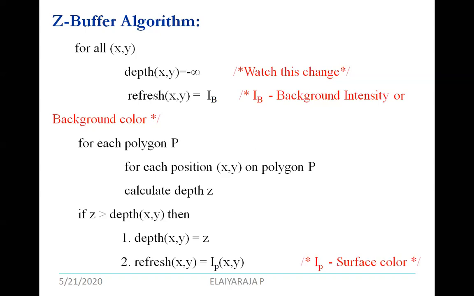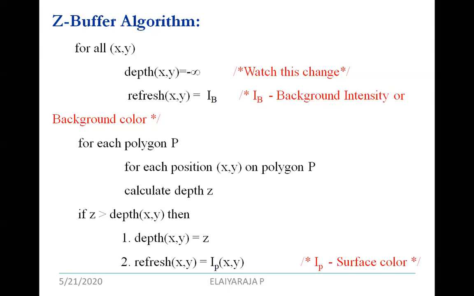Initially, when you run the algorithm, you don't know your y max value on your projection plane, which means with respect to the Z-buffer algorithm, you don't know the maximum limit the pixel can travel on the particular projection plane. So initially the depth of the x, y pixel value is equal to infinity.